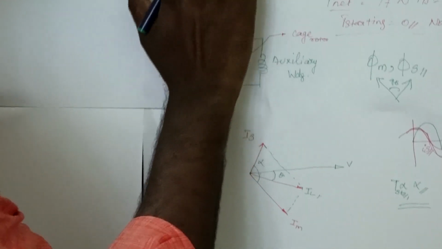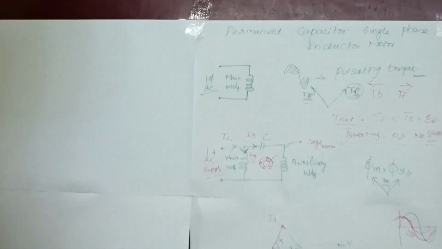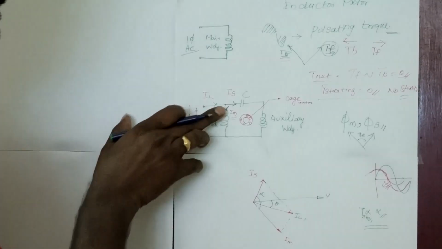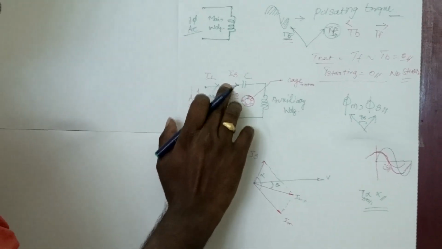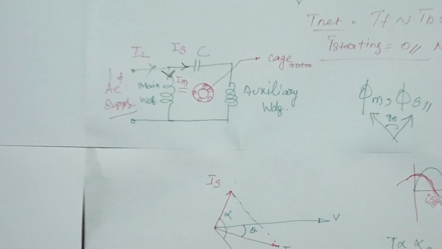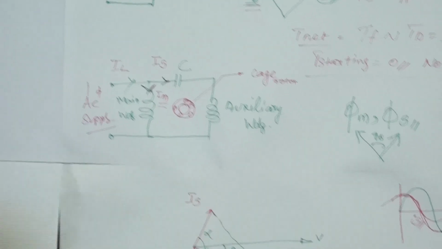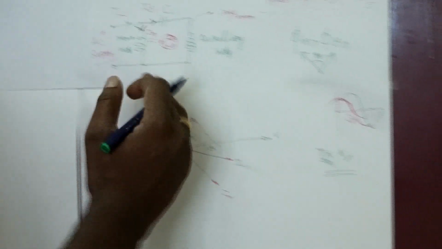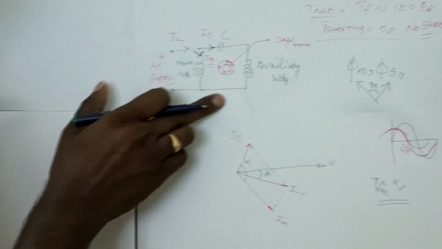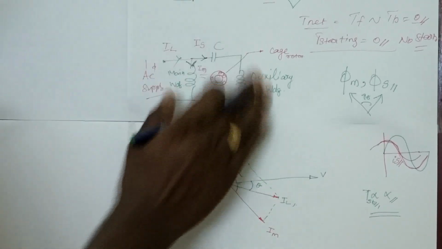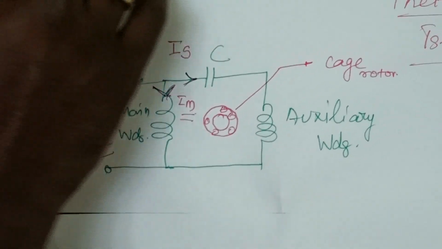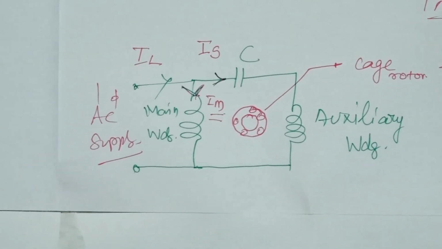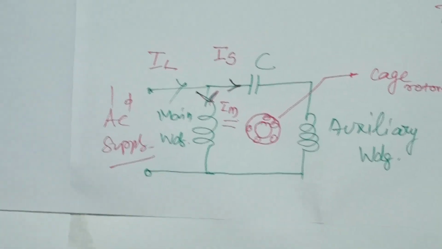Okay, why is it called a permanent capacitor single phase induction motor? Since this capacitor, which is connected along with the auxiliary winding and main winding, is always incorporated in the circuit. That means even after getting the starting torque, after getting proper running, this will still be in your circuit. The entire period of time this capacitor will be in the circuit. That's why it's known as a permanent capacitor single phase induction motor, which has a moderate starting torque level and a moderate running torque also.